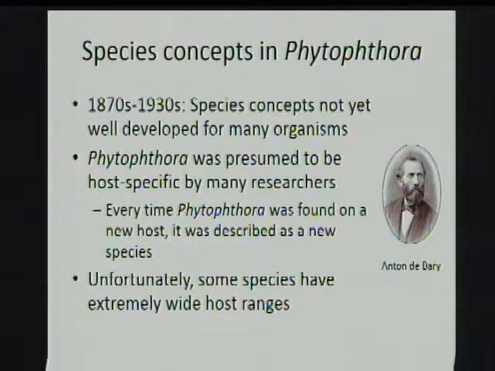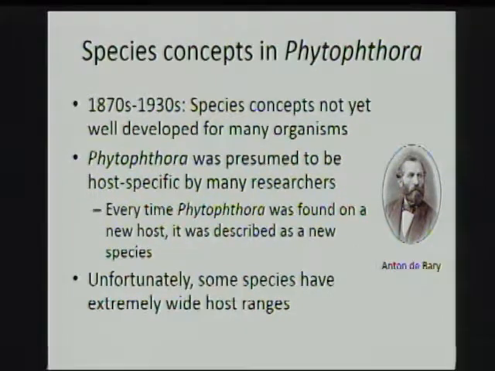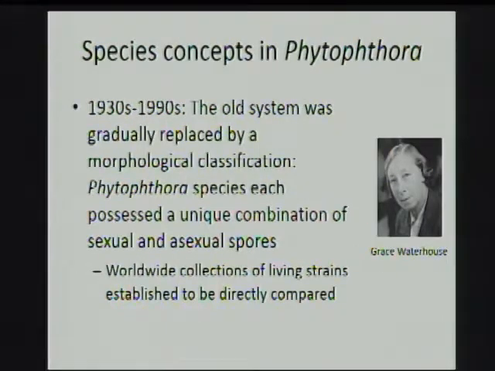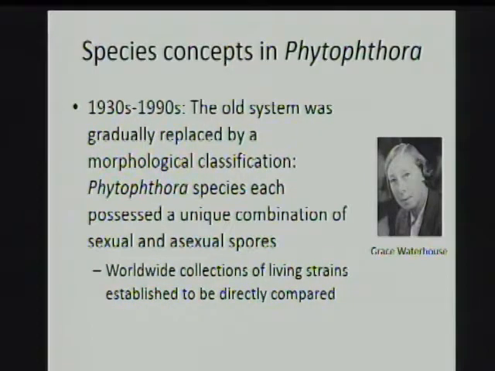And so there was this early period of lots and lots of Phytophthora species. Every new Phytophthora host had a new species. Unfortunately, that didn't work for everything, because a lot of the species have very wide host ranges. So there was a move to get all these different species, get them in a pile, look at them, and say, no, all of these are the same. And so we moved to our morphological species concept. And this is really what persisted and what got us to where so much of our knowledge of Phytophthora is based in this period, on understanding species that are defined morphologically.